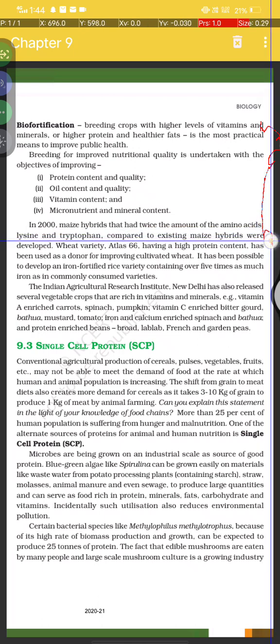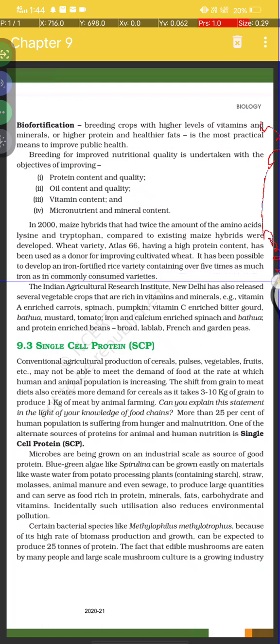In 2000, a maize hybrid that had twice the amount of amino acids lysine and tryptophan compared to existing maize hybrids was developed. Wheat variety Atlas 66, having a high protein content, has been used as a donor for improving cultivated varieties. It has been possible to develop an iron-fortified rice variety containing over